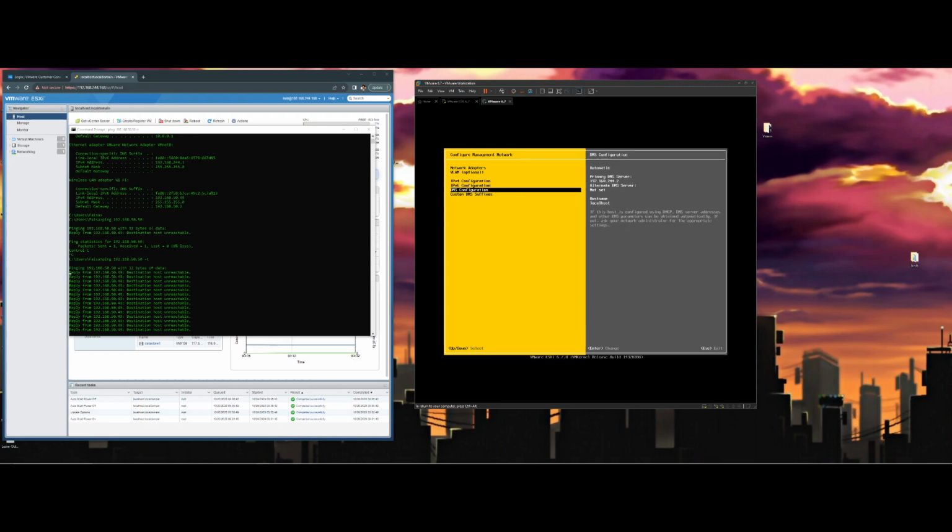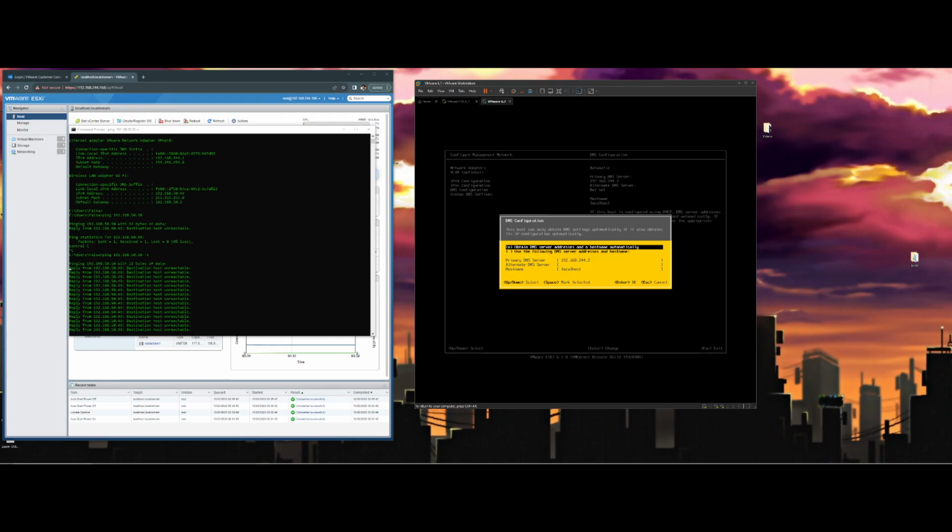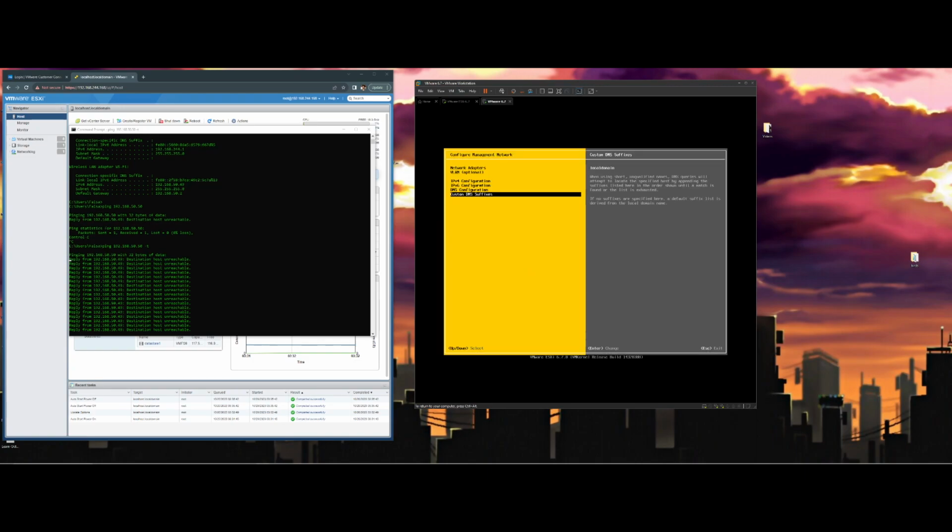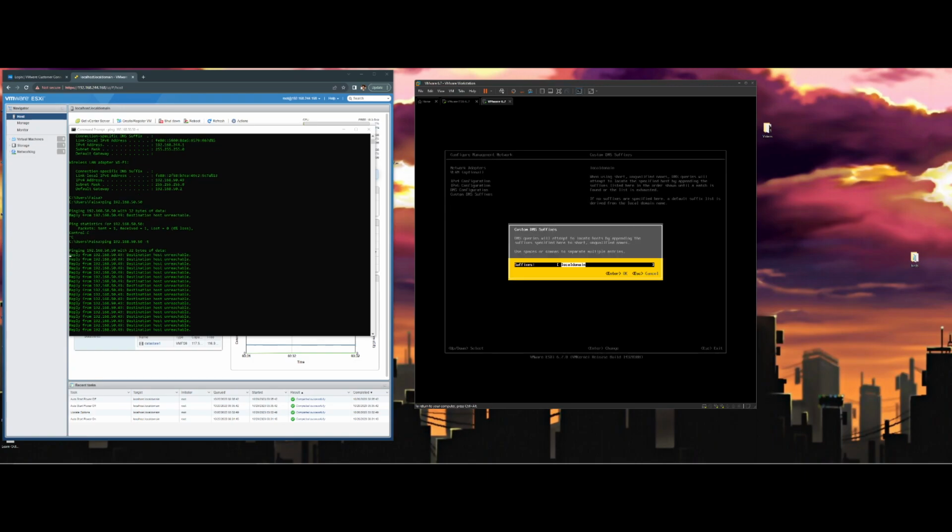DNS servers, that's been configured. Hostname, we'll keep it as obtain. Custom DNS suffix, we'll leave this as default as well. But in a future video, we'll be configuring this when we set up our Windows server, and we'll have an Active Directory user that can access the ESXi host. But that's for another video. Anyways,